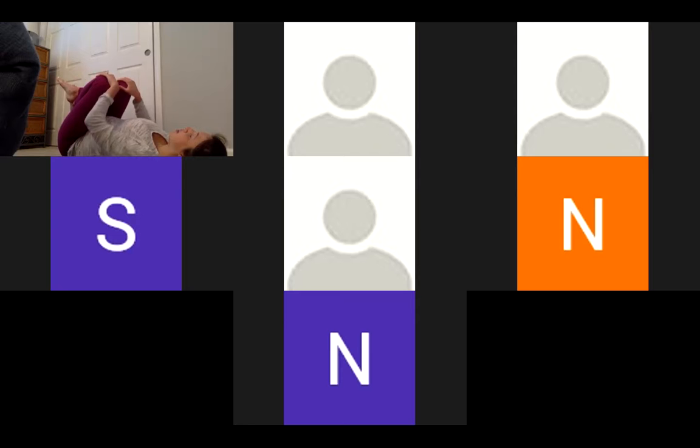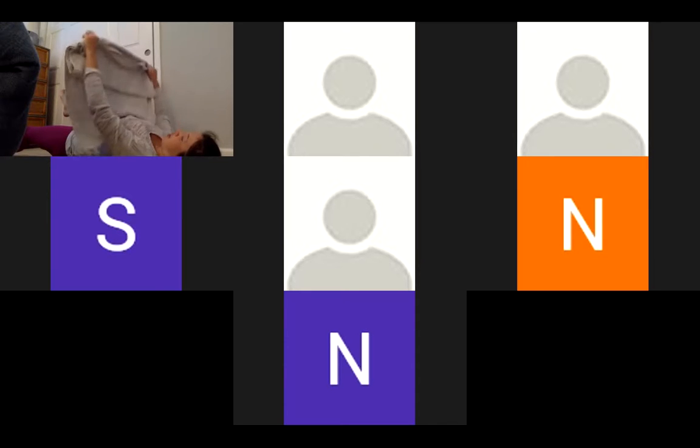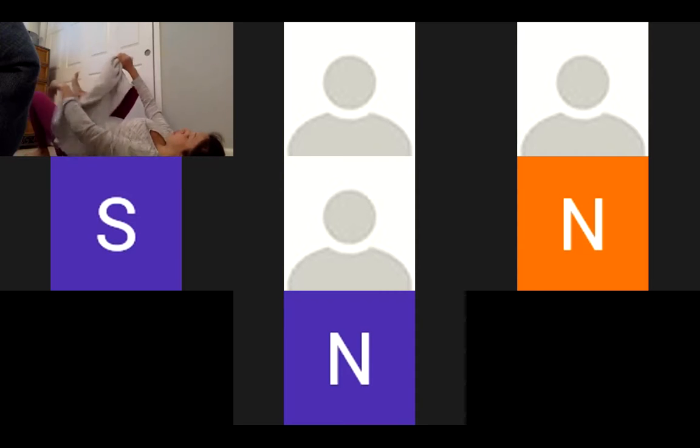Bringing those knees back into center. We'll extend the left leg, keeping the right knee nice and tight into our chest. At this point, we're going to grab our prop. I'm utilizing a towel. I invited some of you guys to use a t-shirt or a yoga strap if you